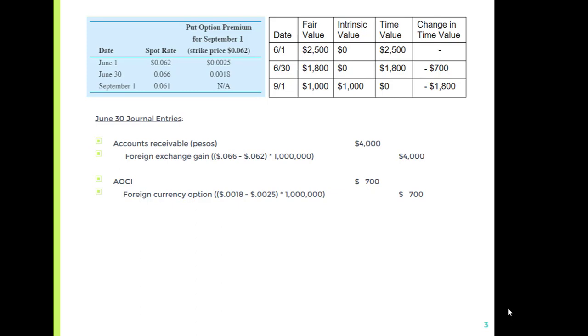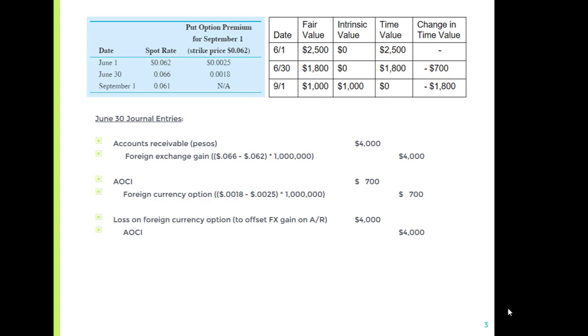And so we credit foreign currency option for $700, then we debit accumulated other comprehensive income for the same amount. The foreign currency option was designated as a cash flow hedge, so that means that there's going to be a perfect offset of the foreign exchange gain from the account receivable recognized via a loss on the foreign currency option. So that's the offset. And it's going to be, of course, for the same amount as the foreign exchange gain